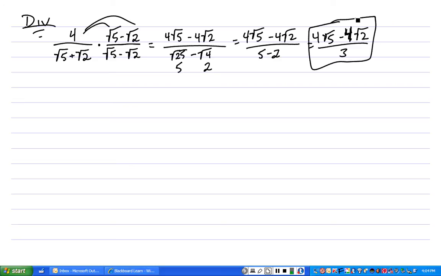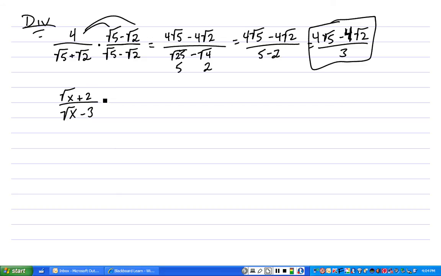Let's say we have, let's see what would be a good one. Let's go with square root of x plus 2 over square root of x minus 3. Now because our denominator is a binomial, you can't just try to factor and cancel stuff with the numerator when it's a binomial. These are together, so the way we get rid of this radical here is we